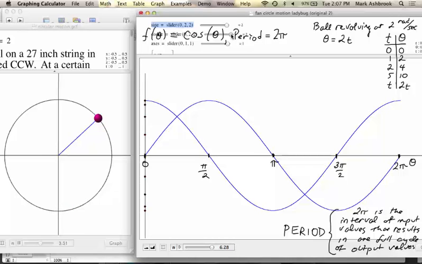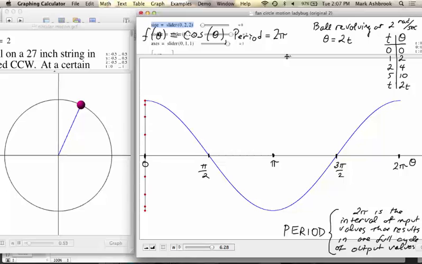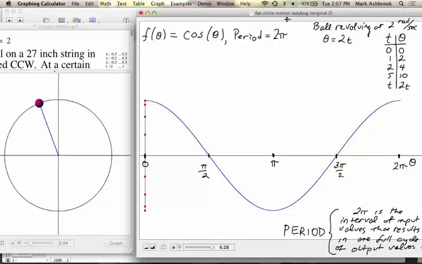Radians, right? It's the amount of openness of the angle. So he's asking, is it always going to be radians? So let's take a look. Now I want to do a new function. I'm doing it in blue, called g. I want the same function, but now I want, according to the ball rotating at 2 radians per second,